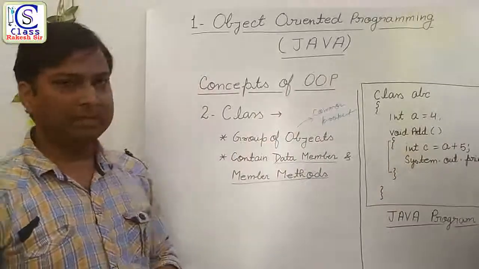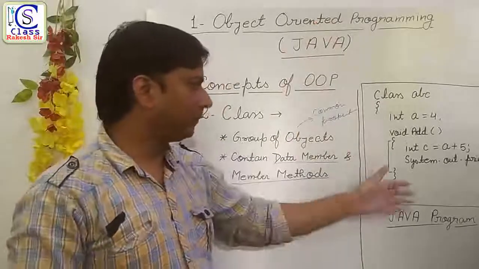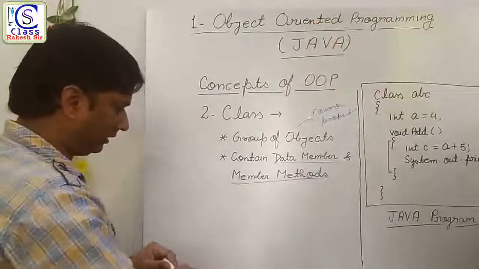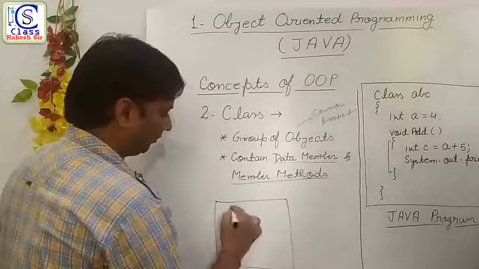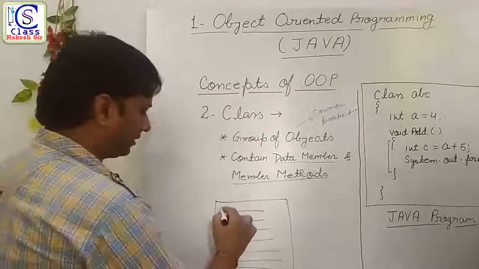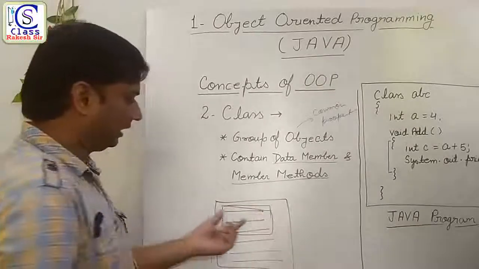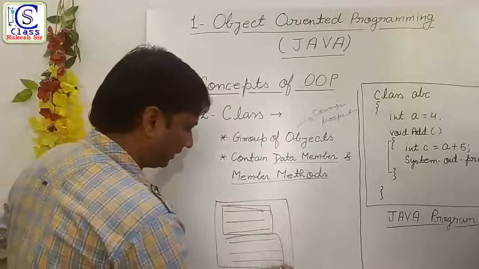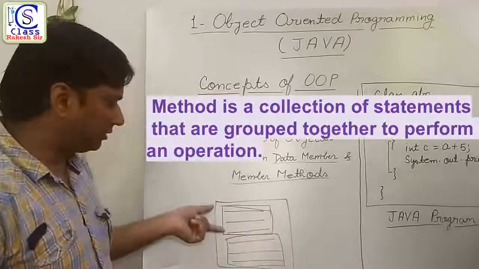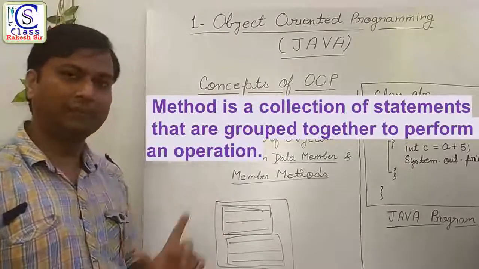And what is a member method? If you are going to create a program, a second program, a third program, all these programs will be contained. Let's take an example. Imagine you are going to create a program. You write a statement, 2 statements, 3, more than 2, and you put these 3 statements in one group and these 3 statements in a second group. So this group is known as a method. You can also say that a group of executable statements is known as a method.